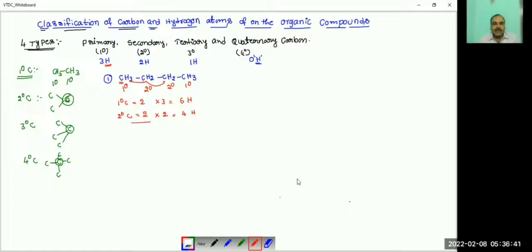So the ratio of primary carbon and secondary carbon is 2:2, and the hydrogens ratio is 6:4. And the next example,